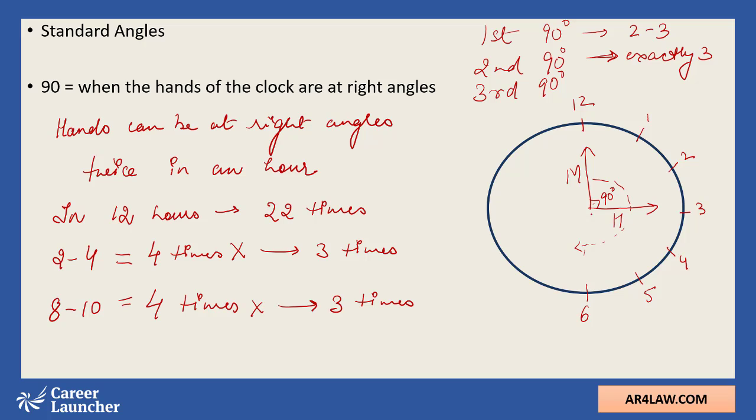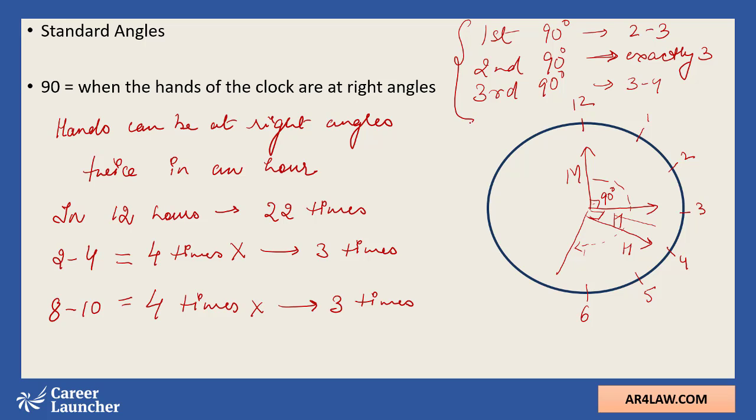So again, somewhere there would come a particular instance that an angle of 90 degrees would be created. So the third 90 degrees is created somewhere between 3 to 4. And then another 90 degrees is not created before 4 o'clock. By the time 4 o'clock happens, the hour hand is here and the minute hand is again back at 12. So there's no opportunity or no place where another right angle is being made by the hands of the clock. So we see in these 2 hours between 2 to 4, the 90 degree angle is being created only thrice